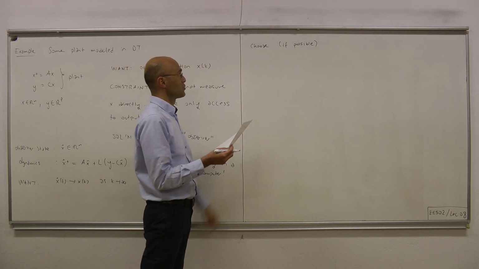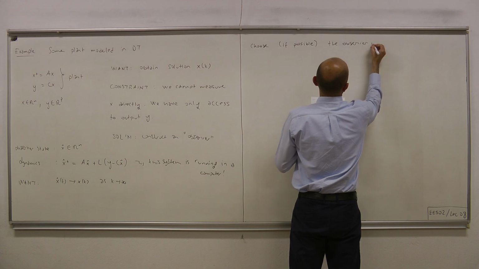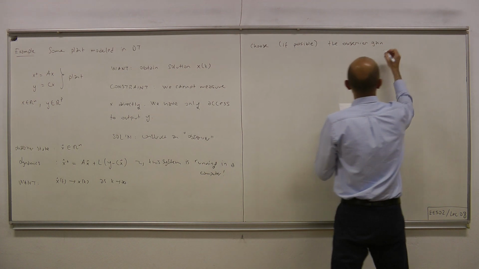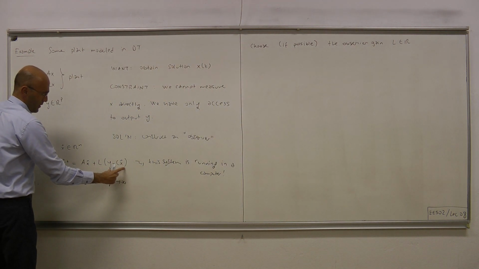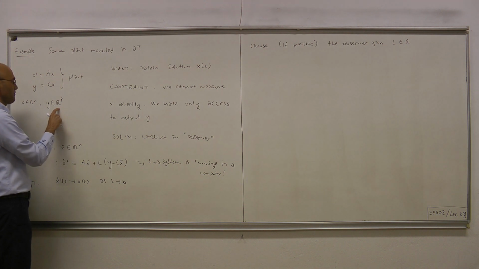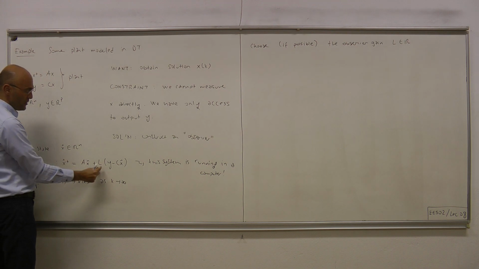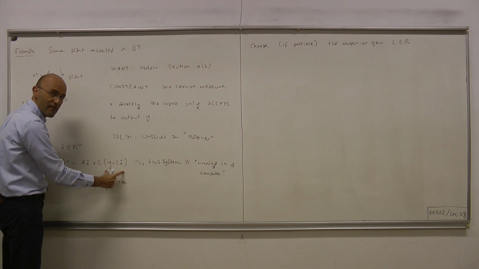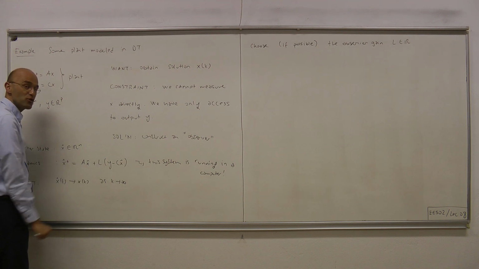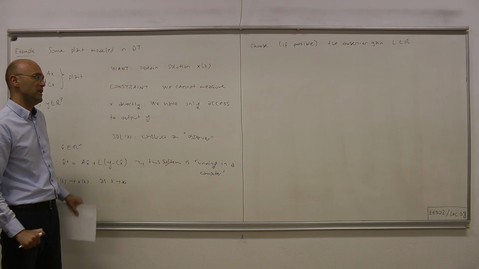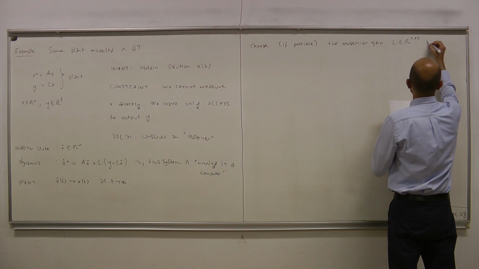So choose, if possible, the observer gain L. Here we have y, a vector in R^p, and here we have x hat, a vector in R^n. Therefore, this gain must convert a vector in R^p to a vector in R^n. So the size of L should be n by p,